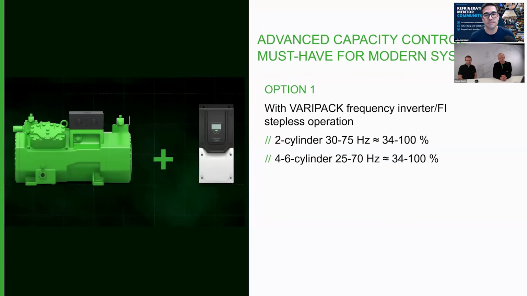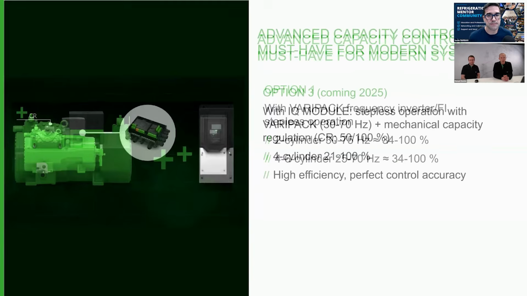And you have mentioned it. If we just look at inverter control, depending on the compressor size, maybe compressor type, there's a certain frequency range: with the 2 cylinders, 30 to 75 hertz, right? Which then percentage-wise goes down to 34%. And 4 and 6 cylinder, if we talk CO2, 25 to 70 hertz, which also gives the minimum of 34%. Whereas using really Varistep here with 2 unloaders on a 4-cylinder compressor,